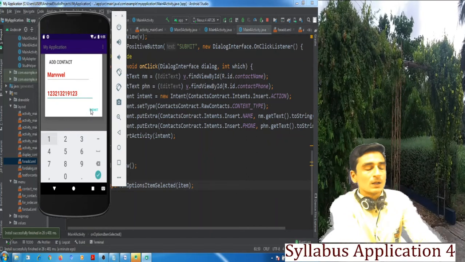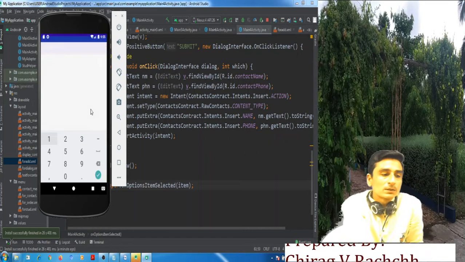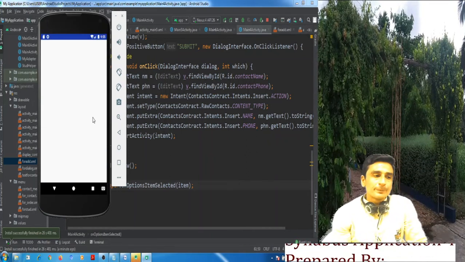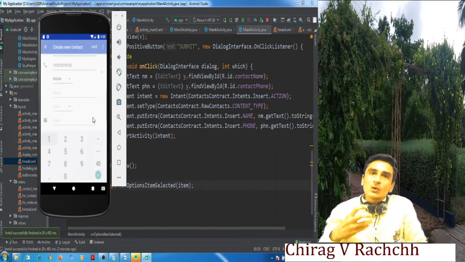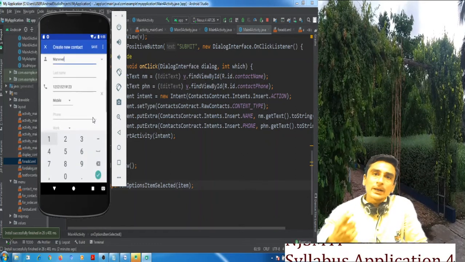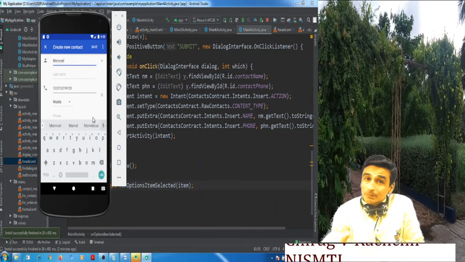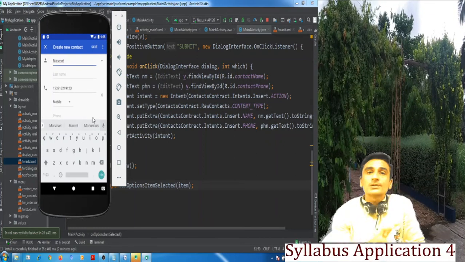Now on submitting this dialog box, the native contacts application would be opened, and it will prompt for adding a new contact to the client.